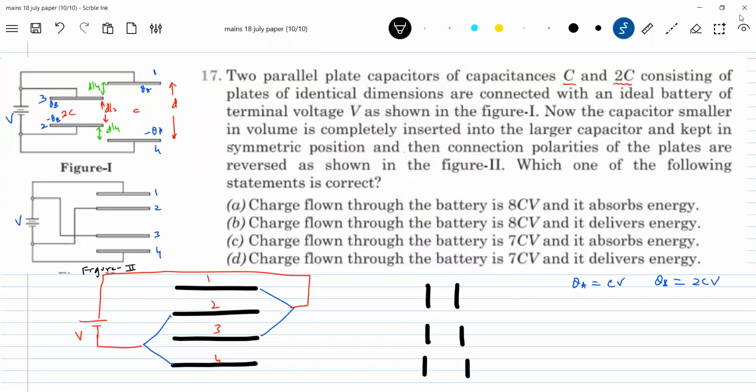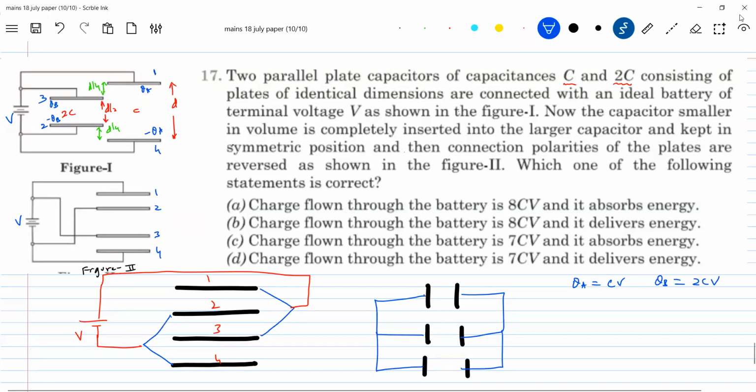So plate 1 is connected to the positive terminal. So here I'll bring a cell. Connections between them, blue color, I'll take. All of them are parallel, and the cell is connected to